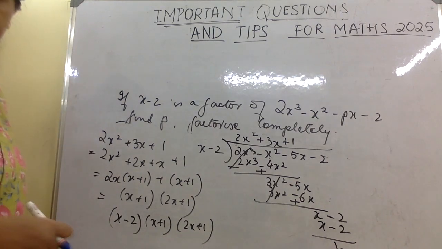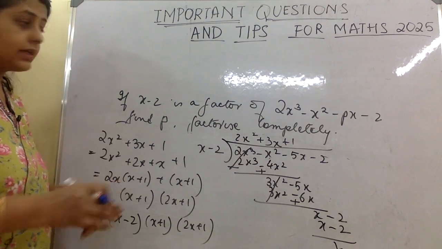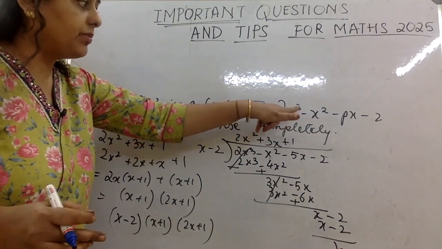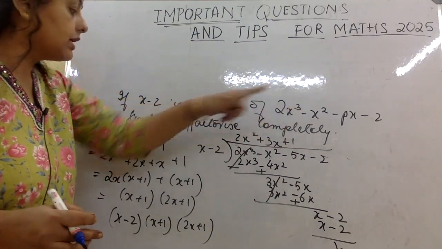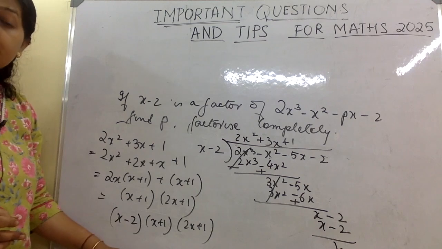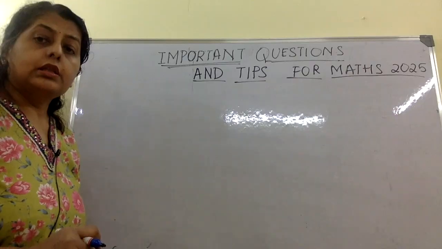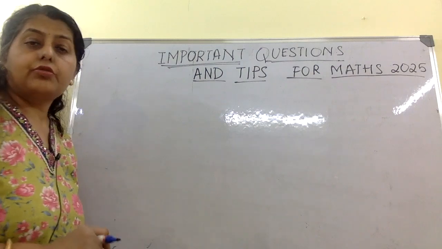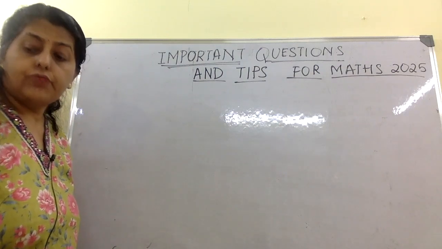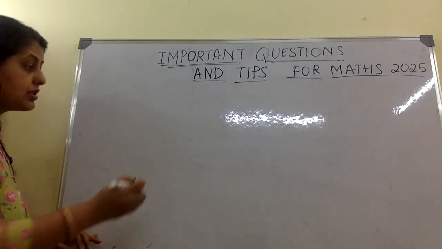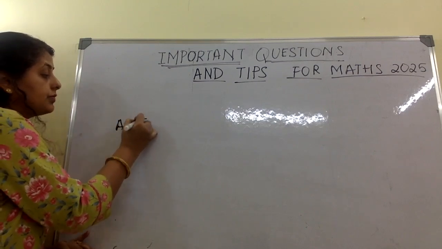Okay, so remember one thing, if it is a cubic polynomial, highest power, degree is 3, then you must have 3 of these brackets. You can't stop at 2 brackets. Now let us do one very important question in matrices. What is it? Now the sum looks like this: A is equal to,